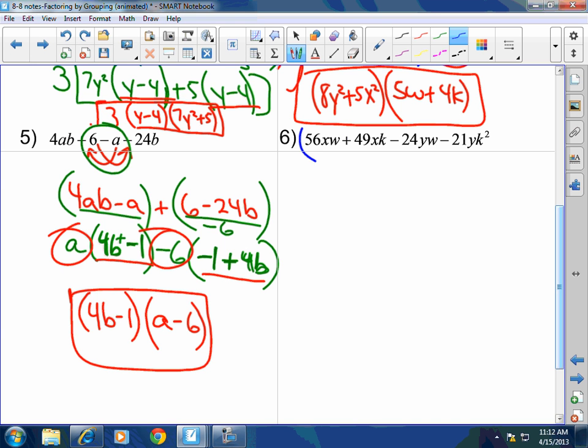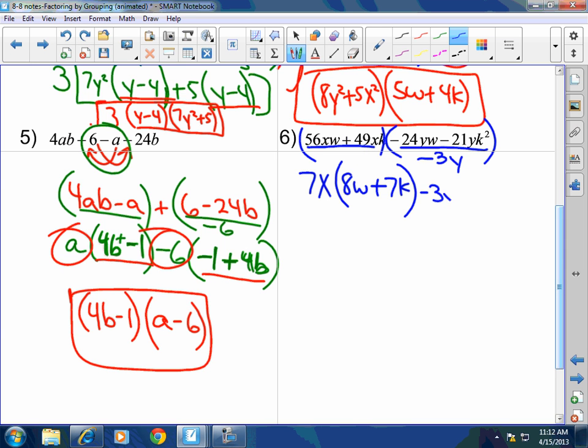So, we're going to go ahead and group it. What can I factor out of this right here? A 7x is exactly correct. That's a w plus 7k. Did we do this one already? No. And then, what can I factor out of here? A negative 3y. Very good. So you factor out a negative 3y, and I'm left with 8w plus 7k